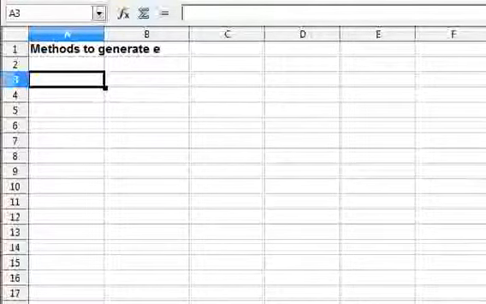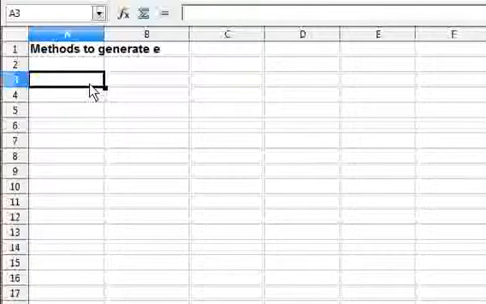Apparently these methods of generating E seem to be quite different and quite uncommon from one another, but all of them seem to directly give the same constant value E. Why is it like this? All these things are interesting to discover. So in this video I'm going to talk about a few methods of generating E. So let's start with knowing what the value of E is.